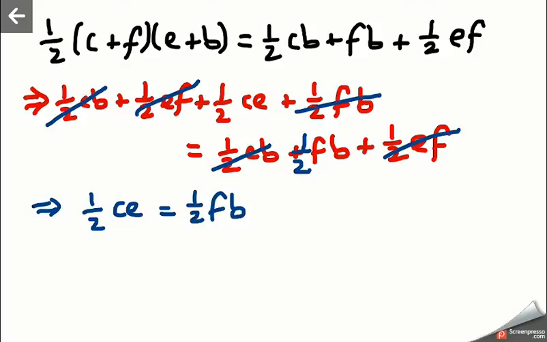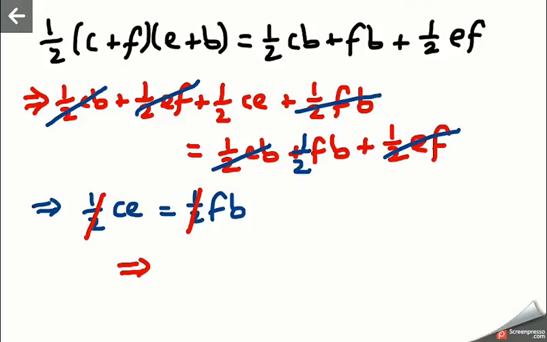Now, timesing through by 2 gets rid of these halves, and so we end up with CE equals FB. That's by timesing both sides by 2. If they're equal to each other, they should still be equal after I've timesed each one by 2. So I get CE equals FB, and now finally,